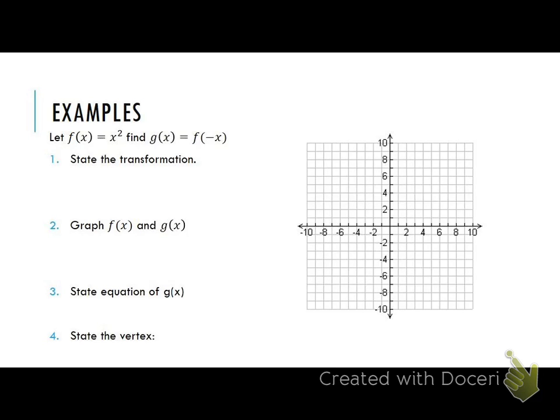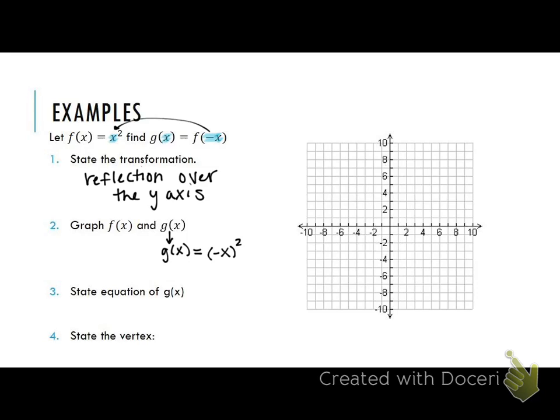Go back to the very front page where we talked about our transformations and tell me what f of negative x said to do. So this is a reflection over the y-axis. Here's the thing. This means wherever we see an x in f of x, we are going to replace it with negative x. Well, think about this. This is to get to g of x. So g of x would equal